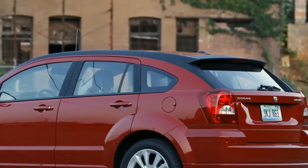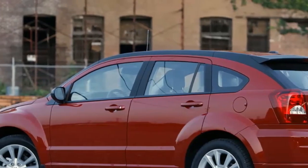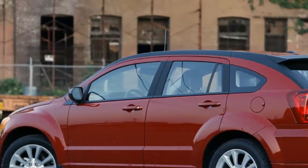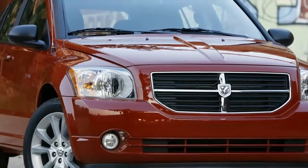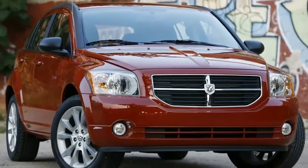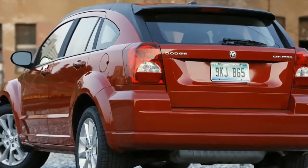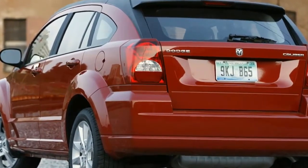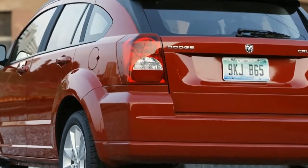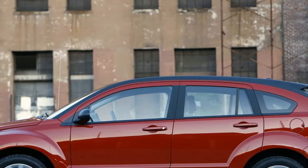The Caliber has always had an odd stance thanks to its SUV-ride height and minivan-inspired roofline. Those traits continue on for 2011, as do a set of exaggerated fender arches. Our test car came equipped with some stylish standard 18-inch alloy wheels, which did much for the overall appearance. Unfortunately, an awkward C-pillar and the plastic roof rails that span the entire length of the cabin don't do the